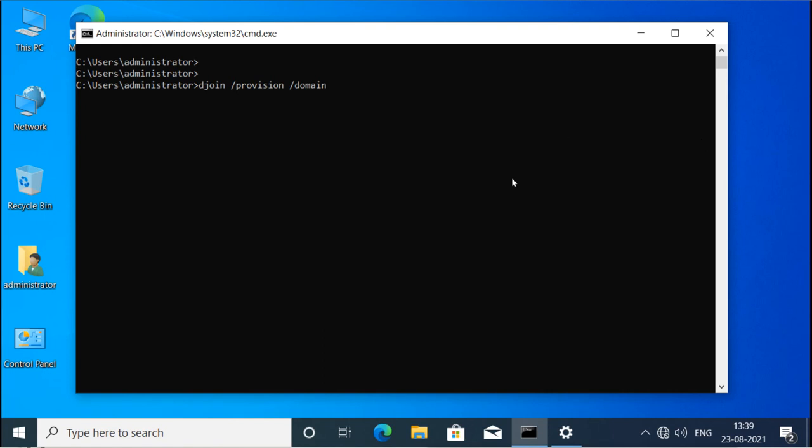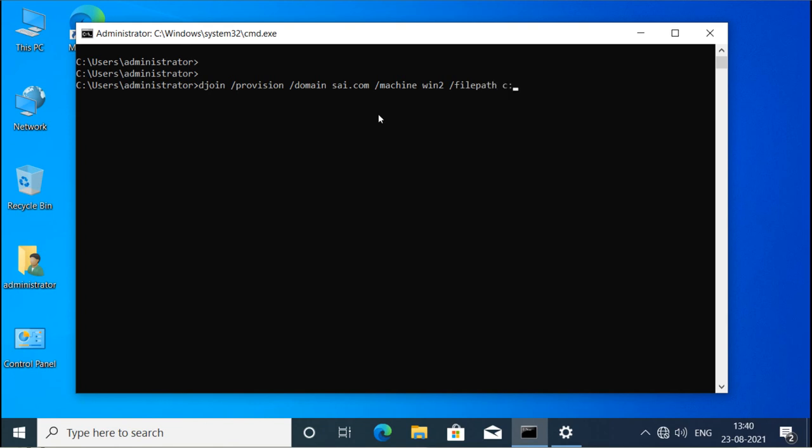So we can generate the provision file here. We will use the command djoin /provision, and the domain, here we will mention the domain name, then the machine. Machine means we will mention the name of the machine which we want to join. So I say, like, client Windows Win2, and then I will mention the file path.